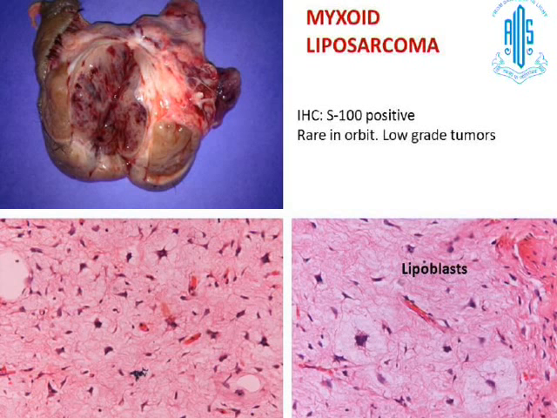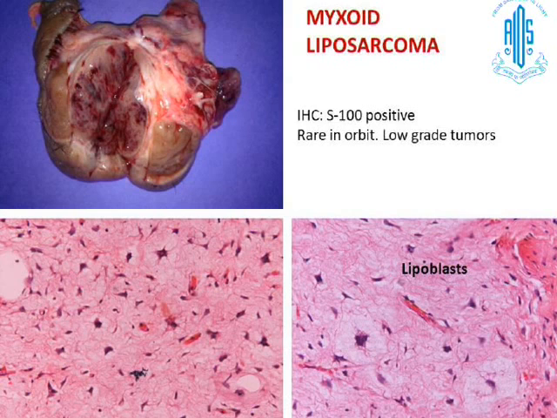This was a specimen that we received in the laboratory. The cut section shows a huge mass with a gelatinous appearance and large areas of hemorrhage, and H&E stain showed spindle to stellate shaped cells in a myxoid background along with these large cells. The tumor was very vascular, and on high power you can see these large cells are multivacuolated tumor cells with hyperchromatic irregular nuclei. Here again there's another cell.